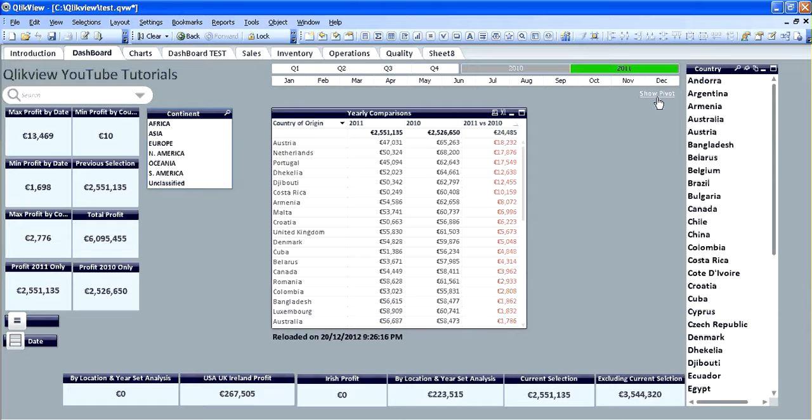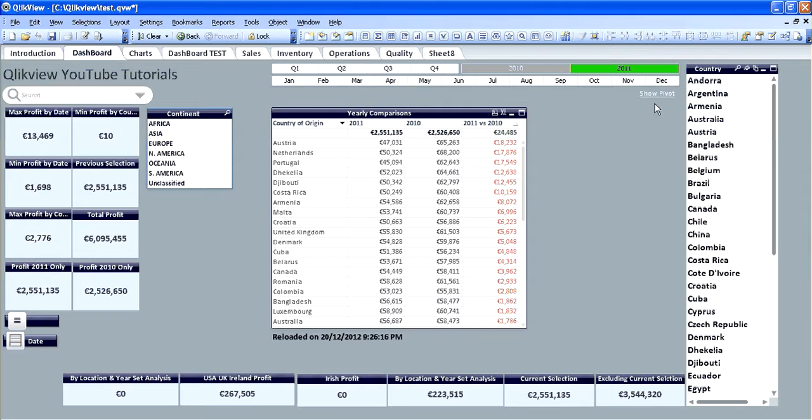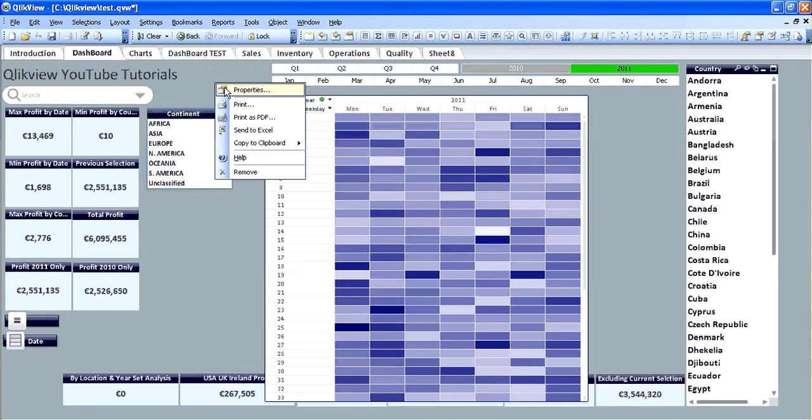This is a continuation on from a previous video where I clicked on create a variable to show a pivot table. So I'm just going to go a step further from that. I'm not going to make any changes to the pivot table itself. What I'm going to do is show the pivot table, and then I'm going to